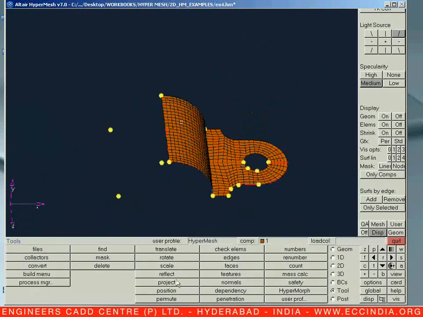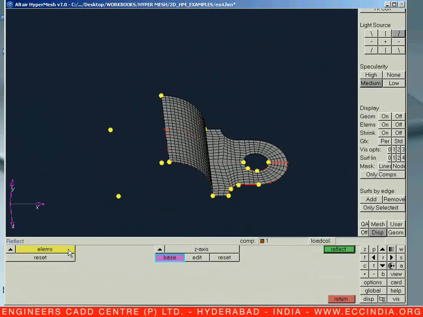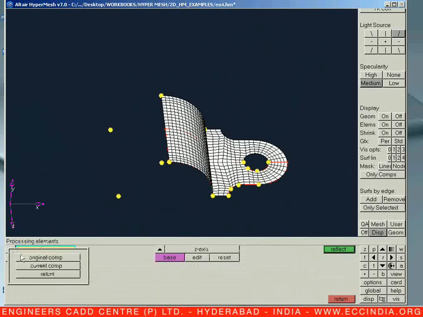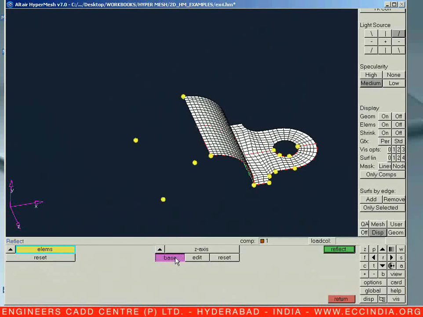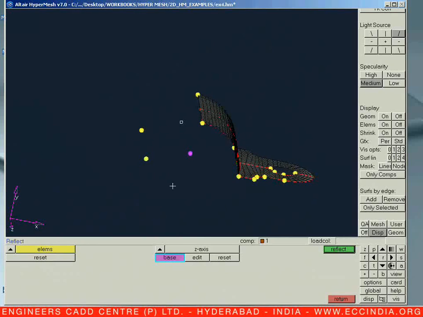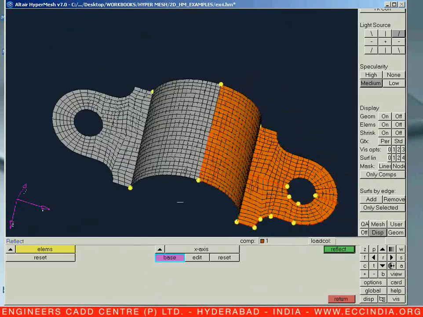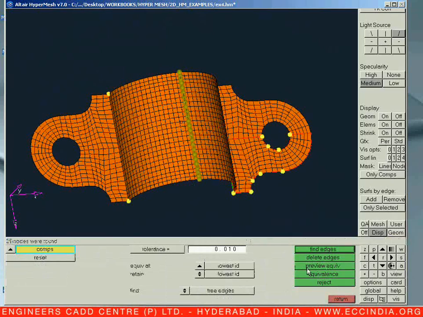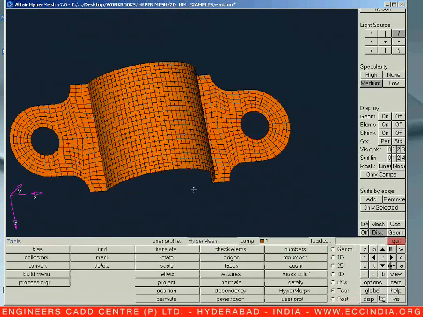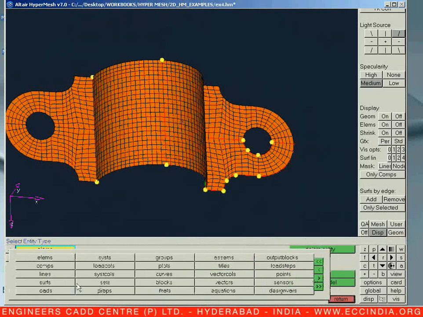Now again I need to go for reflect all, duplicate from your original composition from the same base node, but now along X axis, and let us say reflect. And now let us cross check. It is reflected over here also. Let us say shift F3, preview equivalence, and let us say equivalence. Now let us go for F2,